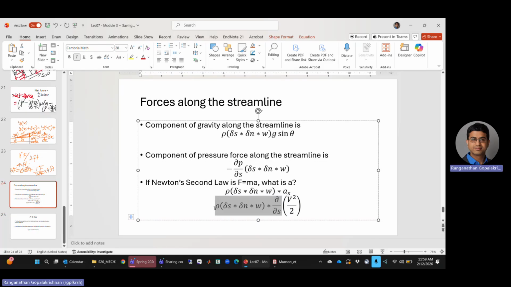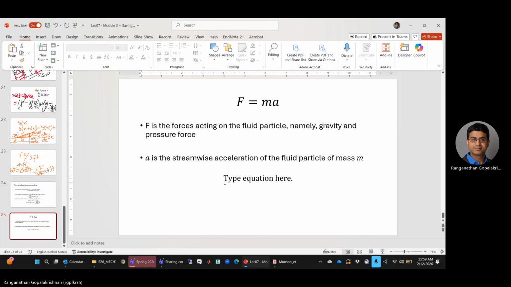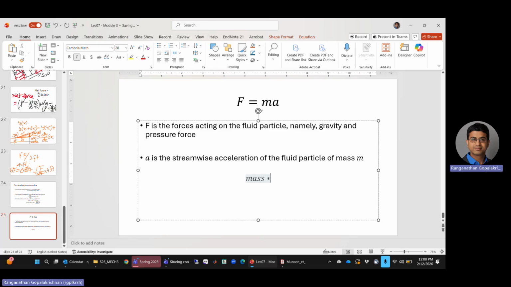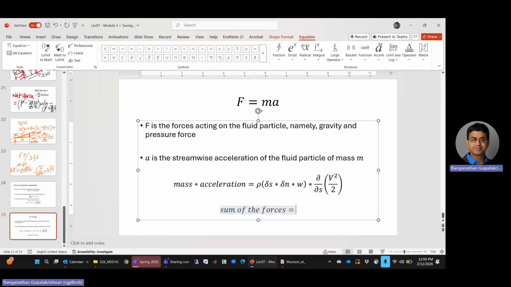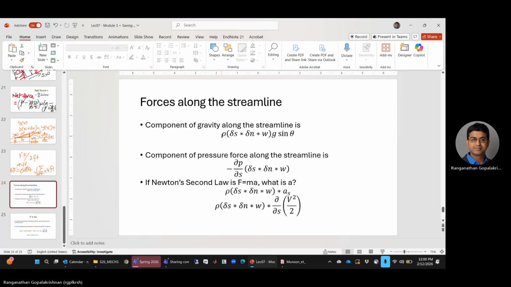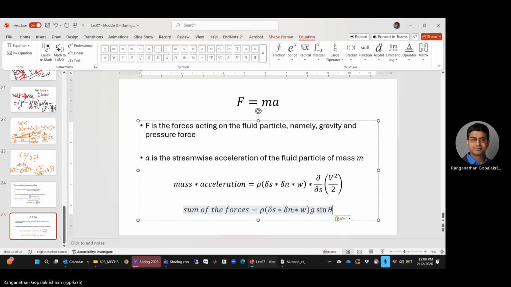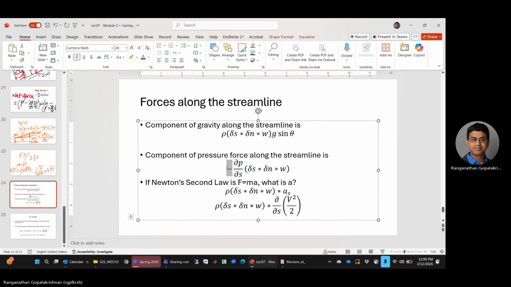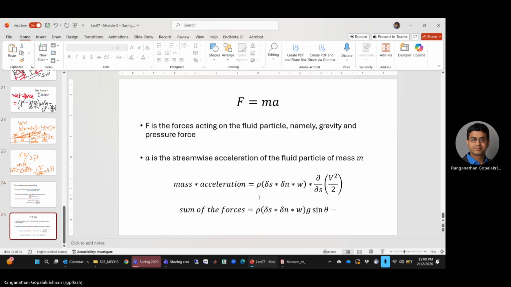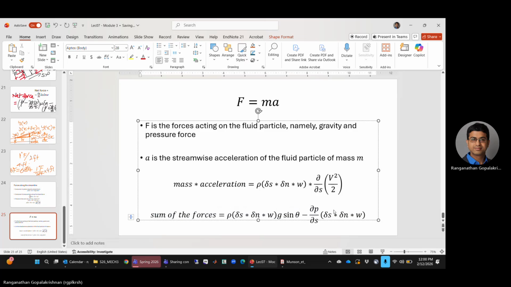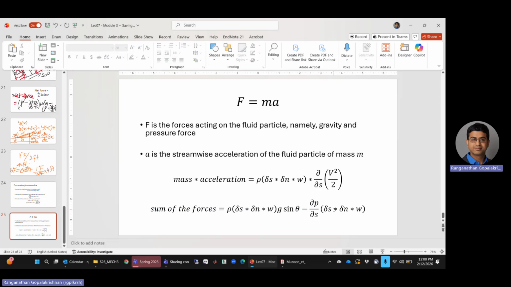This is ma. Mass times acceleration equal to this. And then sum of the forces equal to rho g sine theta times the volume, minus partial derivative of pressure with respect to streamwise